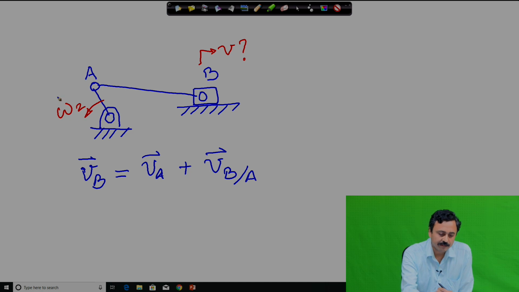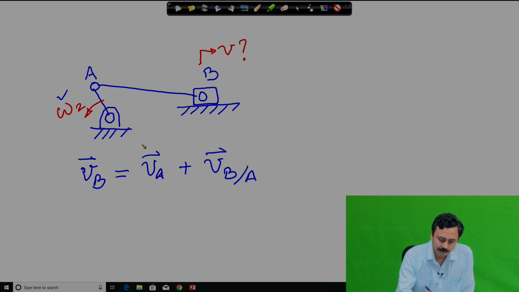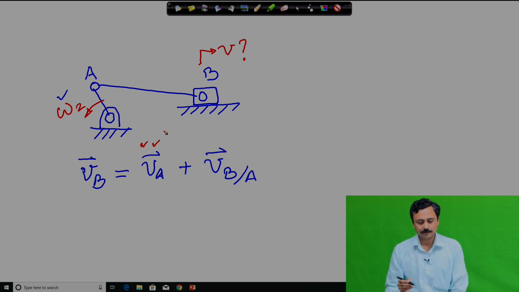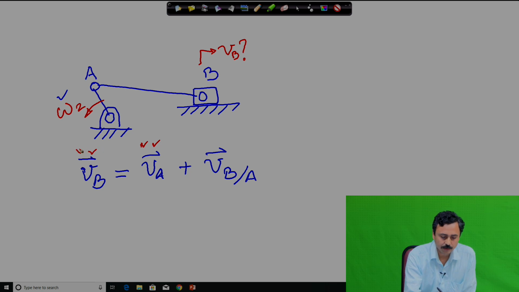Since omega 2 is given, I know velocity of a, I know the magnitude of this velocity as well as the direction of this velocity. V b, which is this, V b is the velocity of the slider. I know its direction, but I do not know its magnitude,